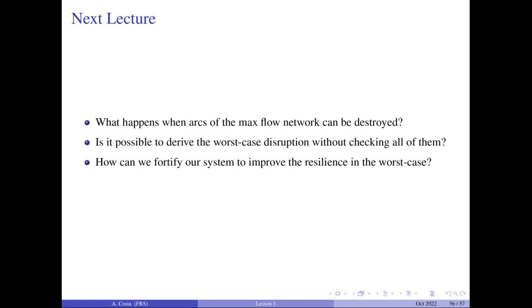And you can do something. Of course, after the disruption, you can send the flow the best way you can, but you can also fortify the system before the disruption takes place. Of course, the challenge here is that you don't know the disruption. So you need to really carefully choose how you allocate your fortification resources, or in other words, which links of the network you want to fortify if you want to make life harder for the enemy. But again, you don't know what the enemy will do, because the enemy can destroy the arcs and you have no idea what he will do. You only know that he will do the best he can to minimize the flow you can send through the network.